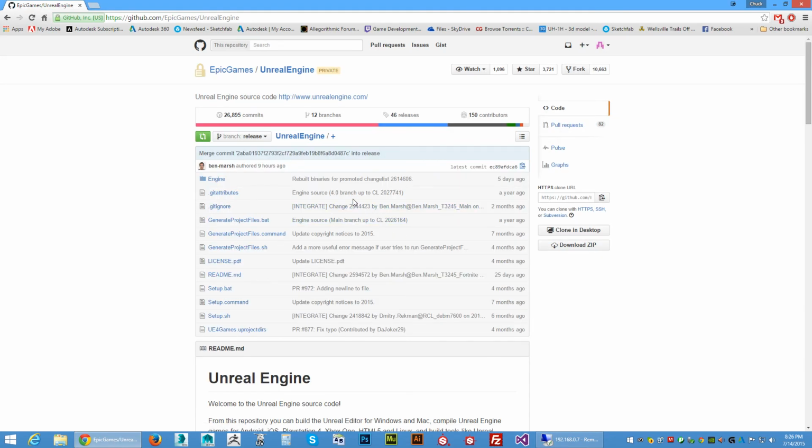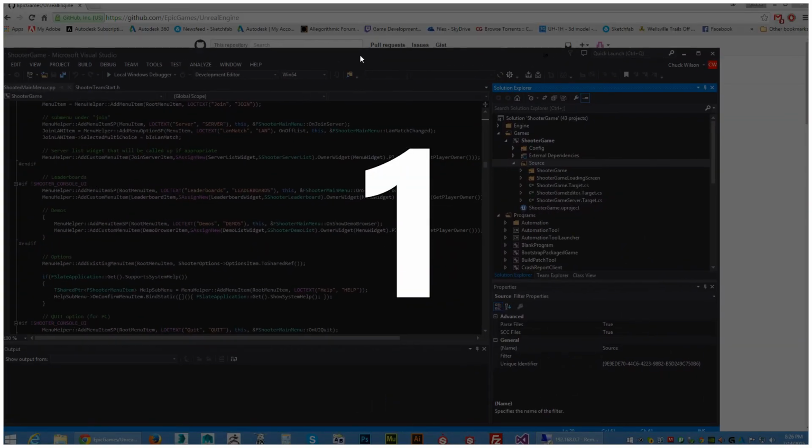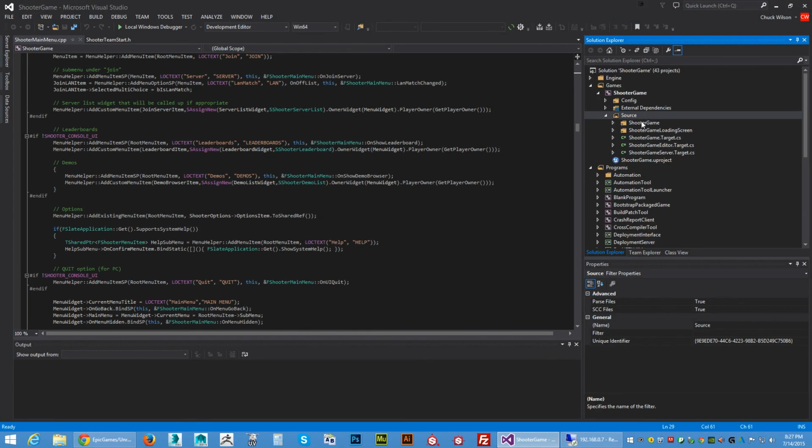And I didn't try this, but I'm pretty sure you can do it. You can download the entire thing. You need this from GitHub, because it comes with some files that you need in Visual Studio. Here in Visual Studio, under the source file, you need to have this